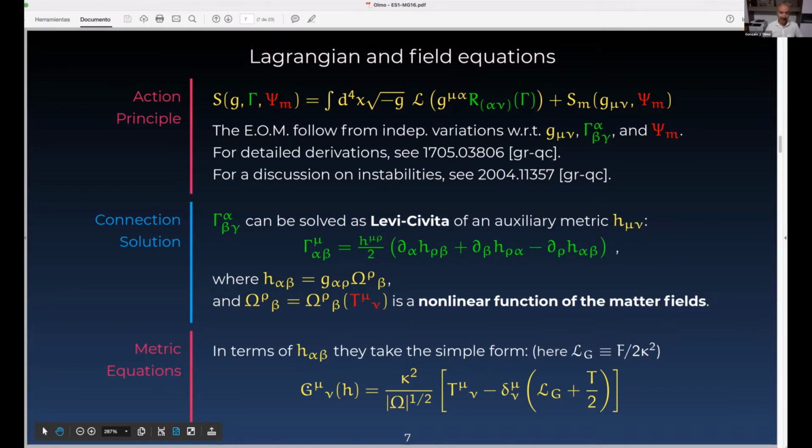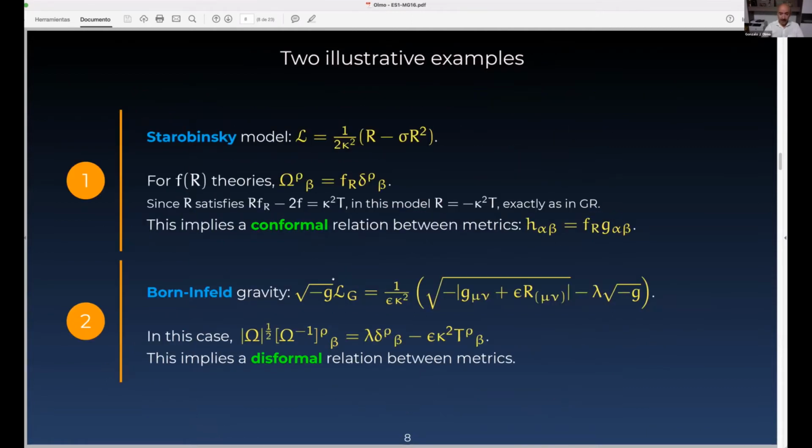Okay, so in some sense, this works like general relativity, geometry on the left-hand side and matter fields on the right-hand side. Okay, but there is a small problem, which actually becomes a big problem, and is the fact that on the left we have the metric H, but on the right we have G. Okay, and G is related to H in a nonlinear way. Okay, because this omega depends on T mu nu, which depends on G, and so this is in general very complicated and nonlinear. Okay, but we can still work with that.